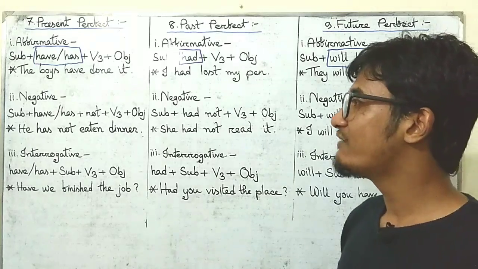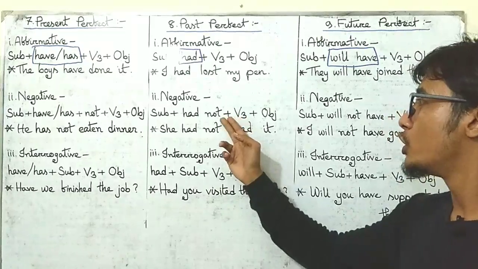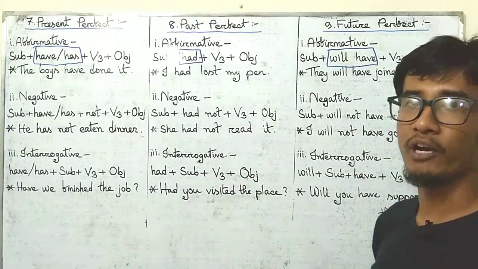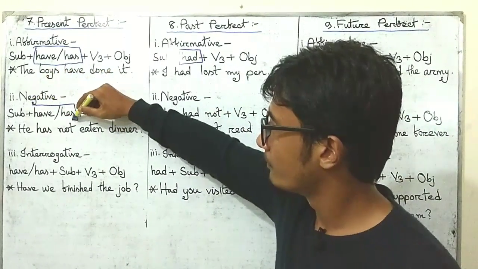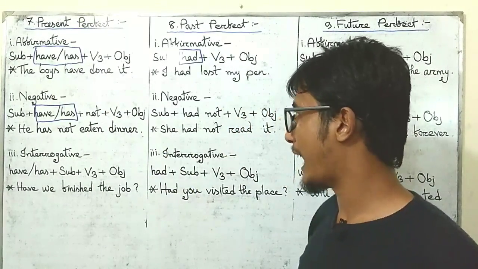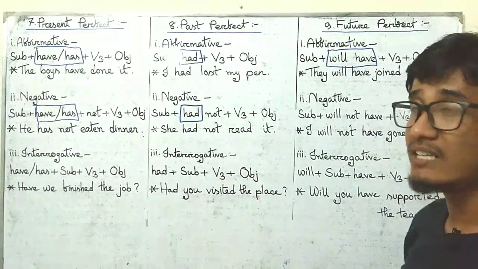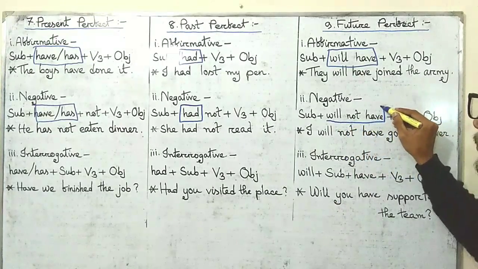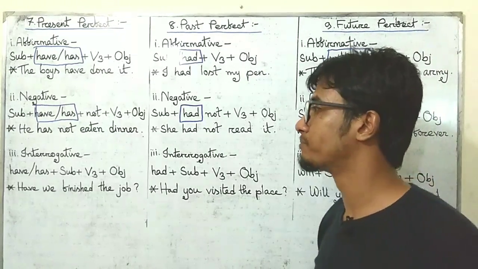So you see, in negative sentences, subject not V3 object is everywhere. So the changes are here in the auxiliary verb. In the negative sentence of present perfect, we use have or has. In the negative sentence of past perfect, we use had, and in the negative sentence of future perfect, we use will not have. The other things are almost the same. And finally,